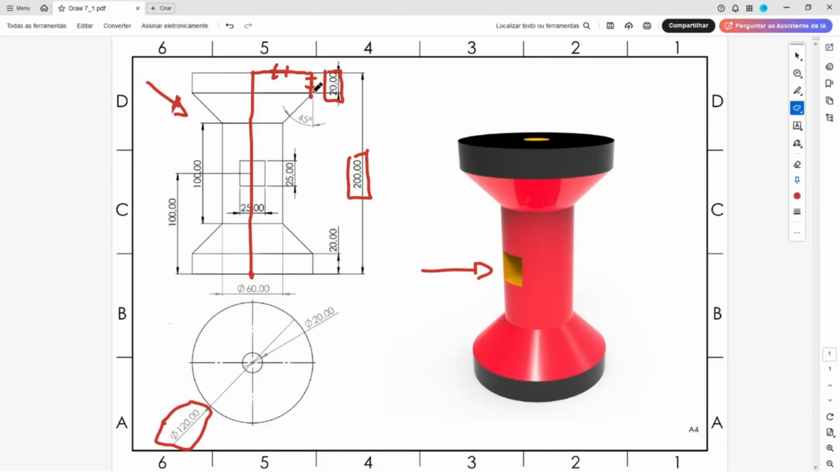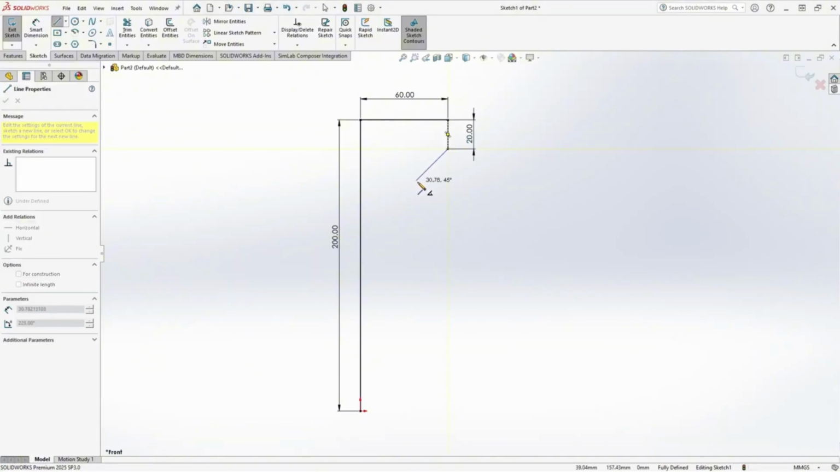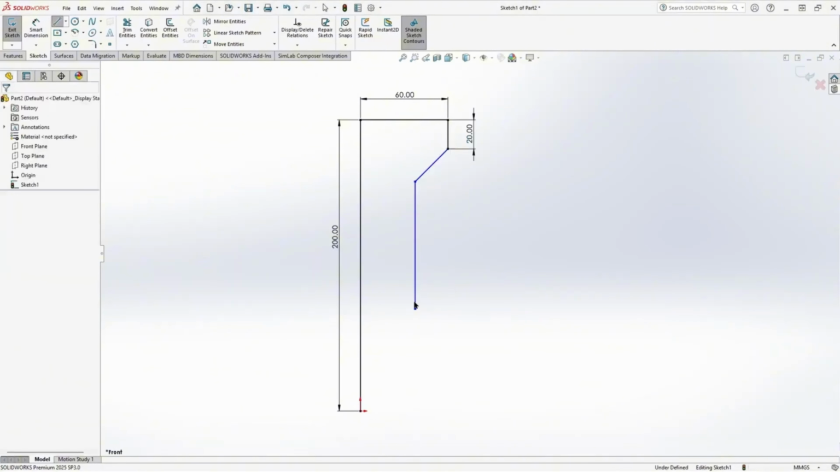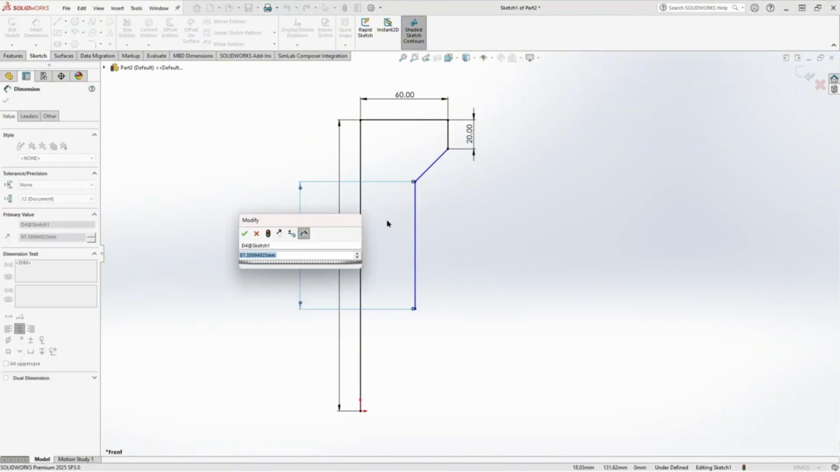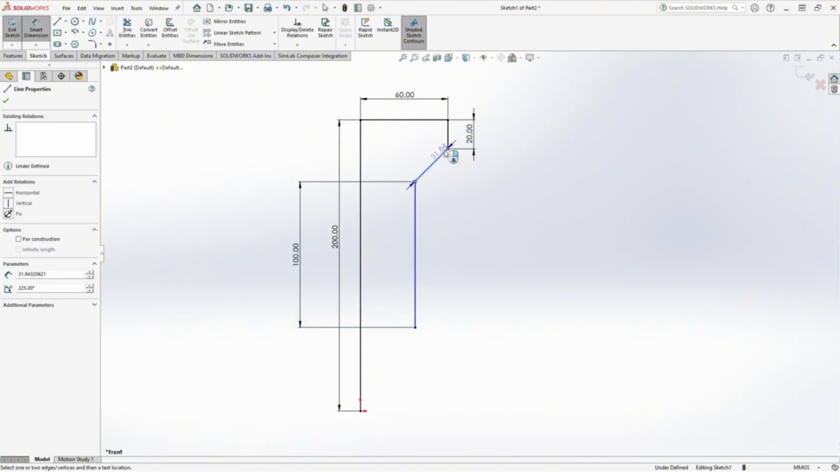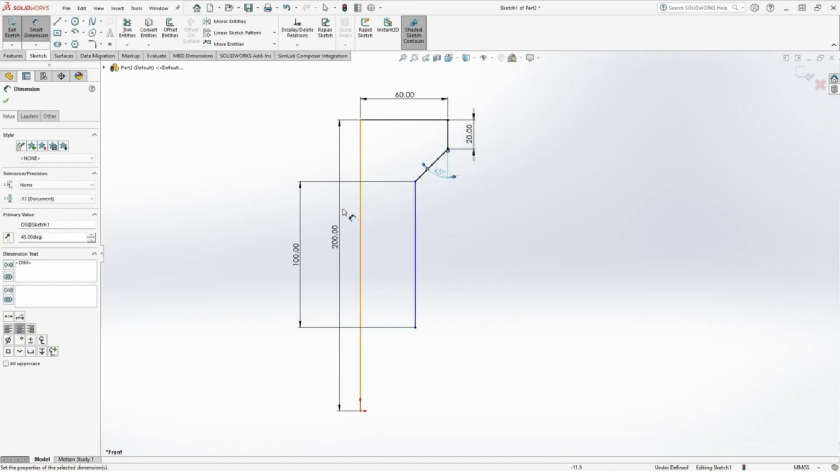And now we will create this line here and this one. This line here has 100 millimeters of length, and the angle between this line here and this one is 45 degrees. Click here in this point, make a line here and make another line here, and go to Smart Dimension. The distance here 100 millimeters, and the angle here is 45 degrees. Okay,